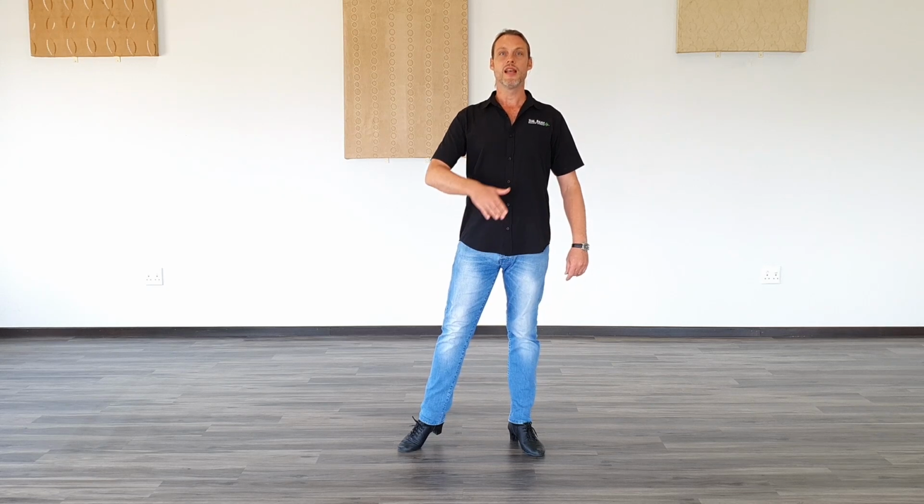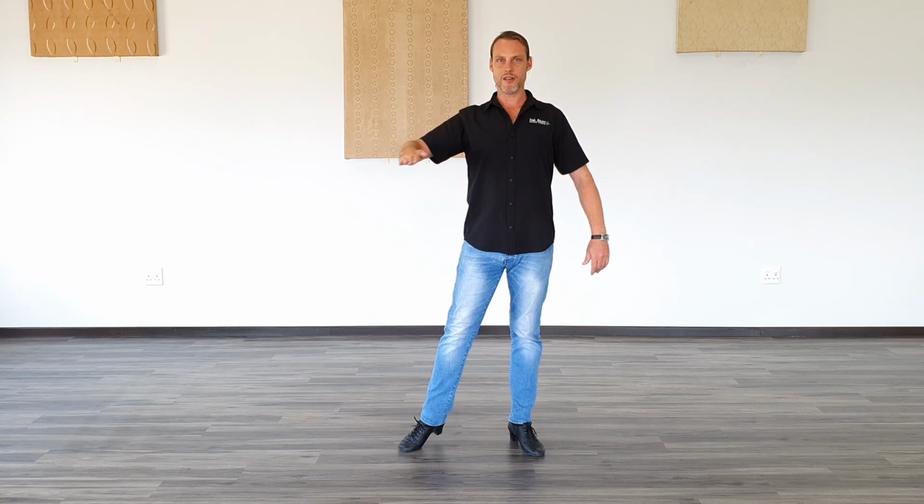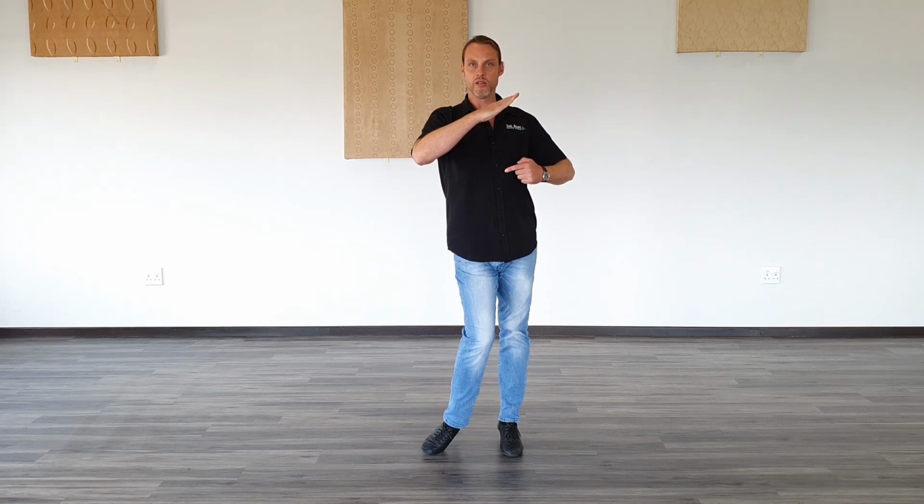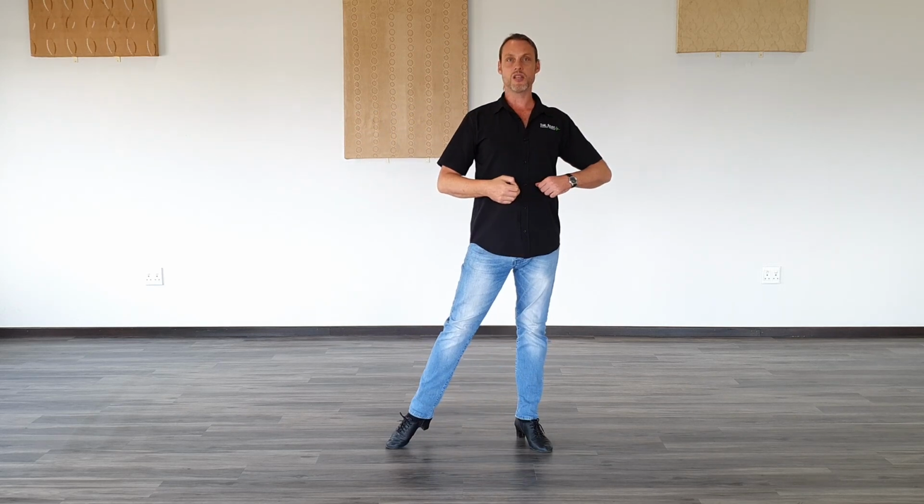Still on the Merengue, remember the floor is sloping to the side, into the direction that you're stepping towards. So, instead, through the floor. Now, the floor tilts to the other side. Instead, through the floor. Floor tilts again, towards the foot working. And through. So now we're going to use exact same concept into your rumba